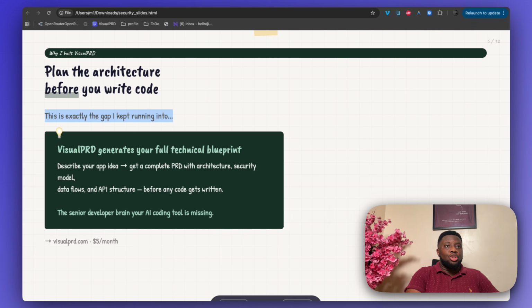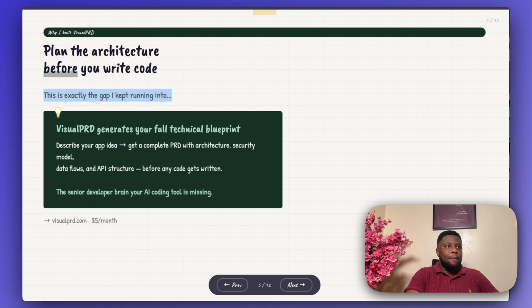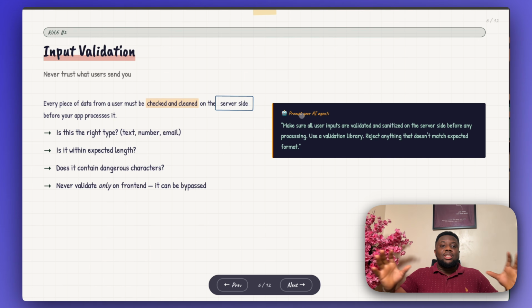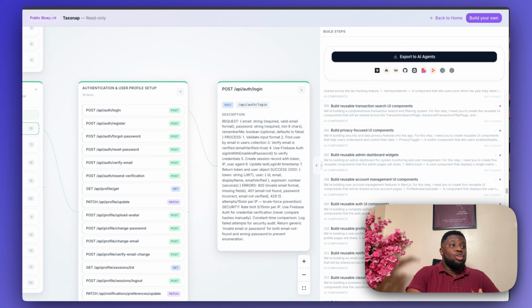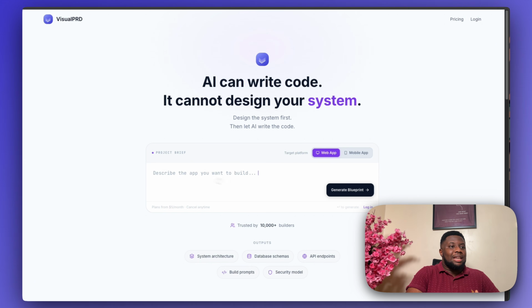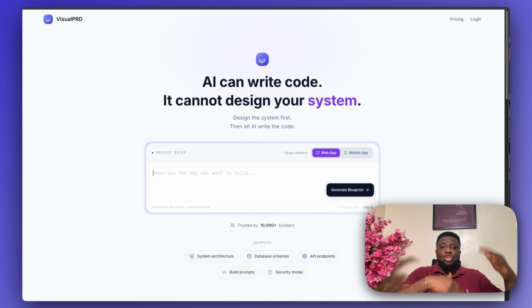Let me drag this up here. So the next thing is input validation. This is another security principle that you need to understand if you're going to build your apps. Every single time, for example, even in my app here, every single section in your app that has an input area, somewhere that users type in, maybe a login area, whatever, hackers can actually use these text fields to write codes or commands that they can use to manipulate your backend, right?